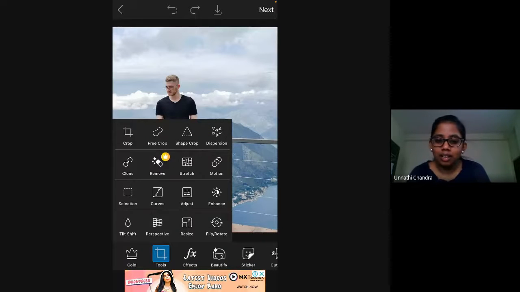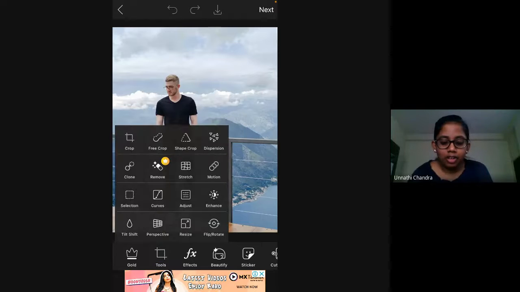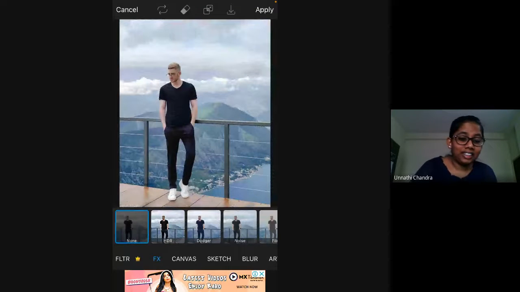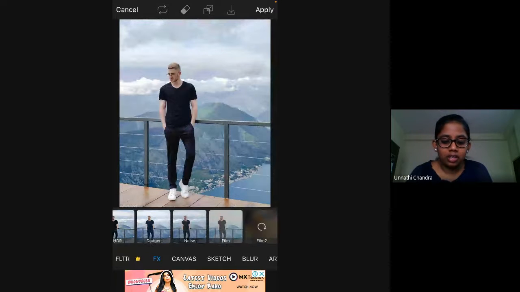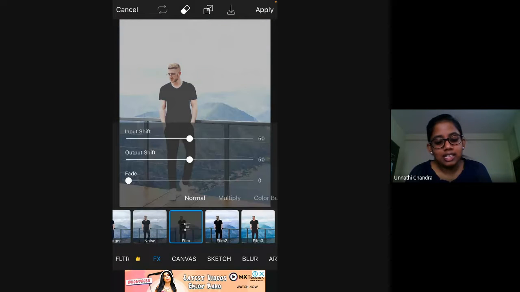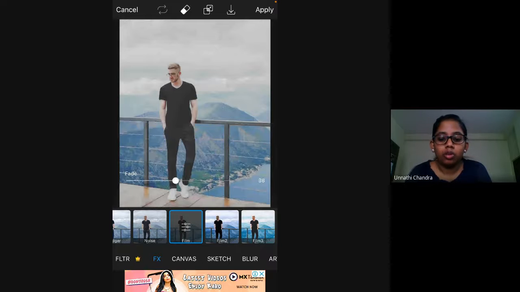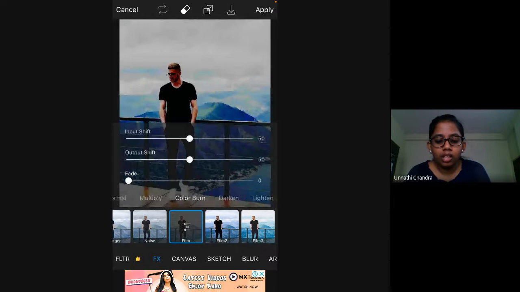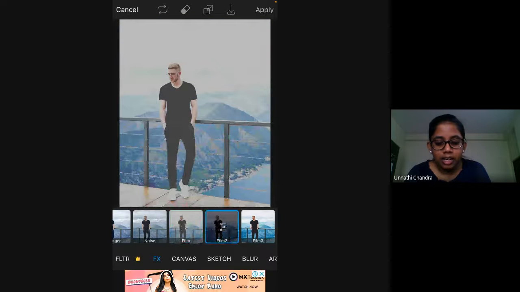Those are again, we come up all those contrast, brightness, exposure, saturation, if you want to particularly edit. And next week we'll check out effects. So effects are basically filters. We have a lot of filters available. You can select whichever filter you want. You can adjust the intensity of the filter if you want it to fade out, if you want it to be more, or different overlays are also available for the filter which you select.